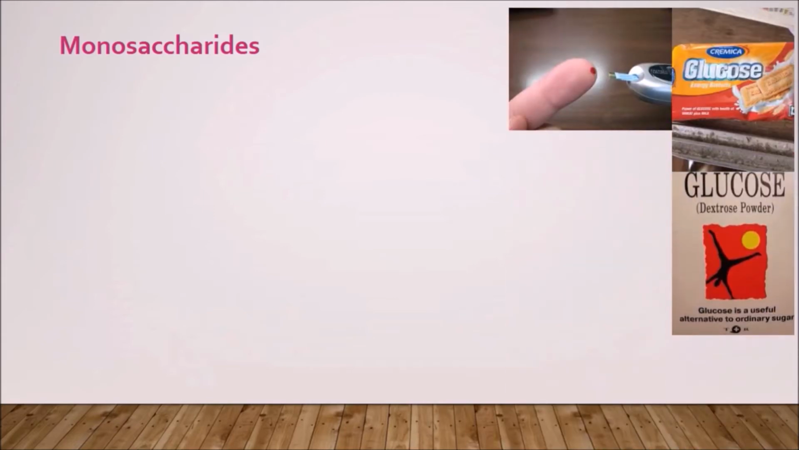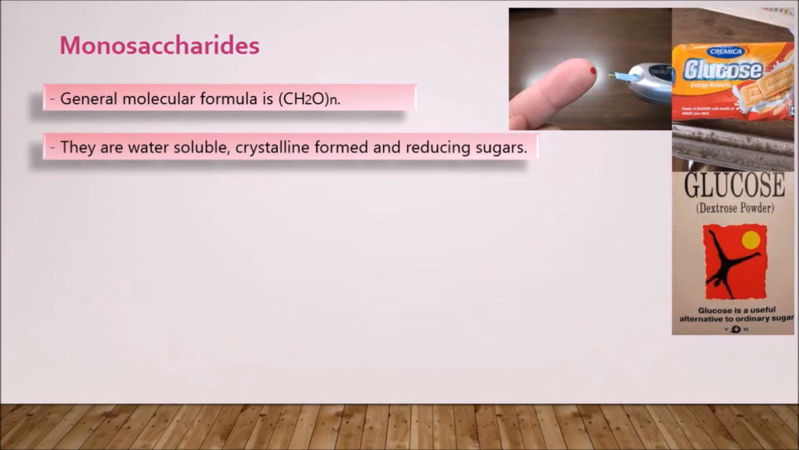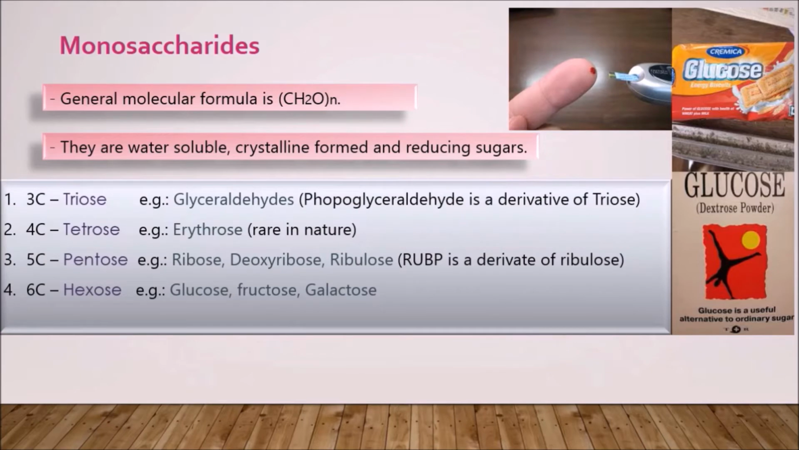Monosaccharides. They are the simple sugars. The most common type of monosaccharide is glucose. The general molecular formula of monosaccharides is CH2O n. All monosaccharides are reducing sugars, water-soluble and occur in crystalline form. They typically contain 3 to 7 carbon atoms, therefore, according to the number of carbon atoms, they are named as